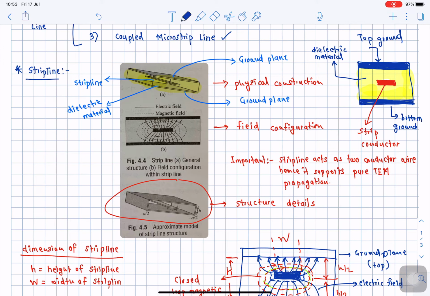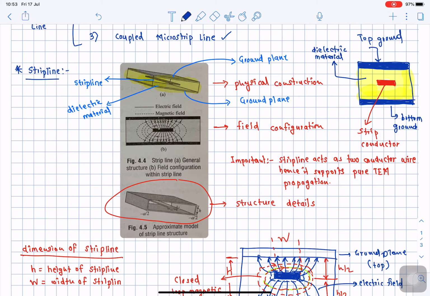But please remember that transmission over this microstrip transmission line is not going to be a pure transverse electromagnetic propagation. Now the reason we will see later on when we see the waveguide chapter. Okay, so here whenever a signal is passed over this transmission line, this transmission line will get excited and the electric field distribution will start in this way. Okay, so whatever I am drawing over here, the red curves are showing the electric field distribution of the transmission line. Okay, so the same is shown over here.